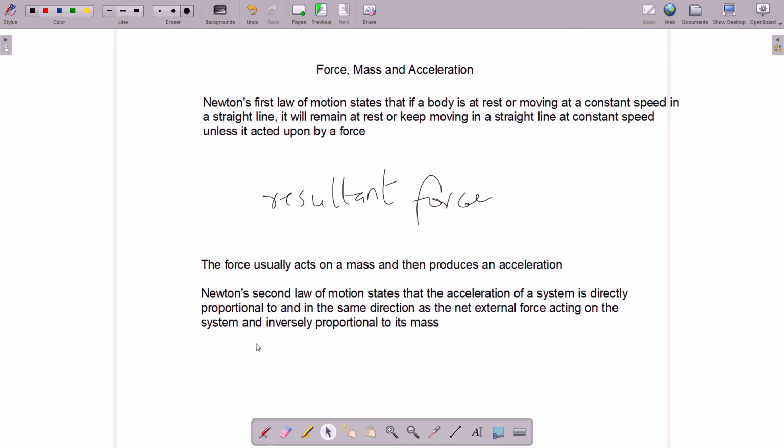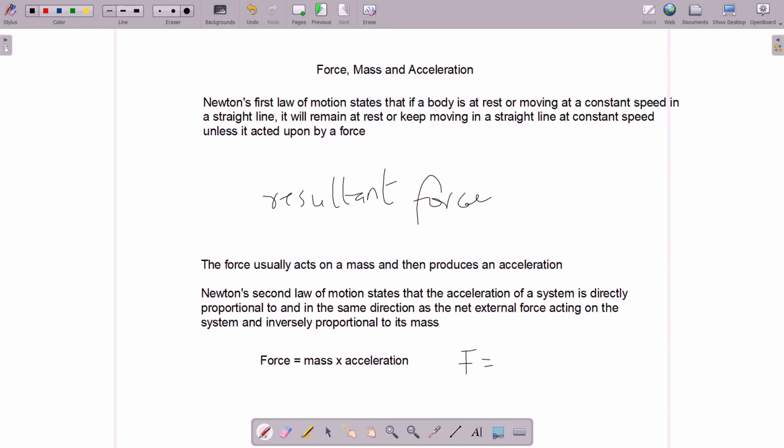Now, based on this law, Newton's second law of motion is usually written as force is equal to mass times acceleration. And we know the force here is the total force acting on the object, or the resultant force that is acting on the object. So then we have F